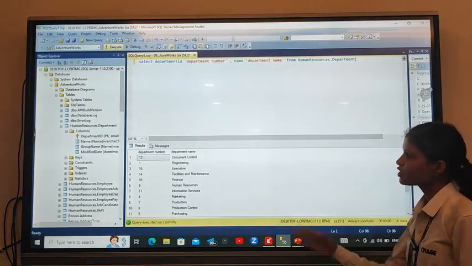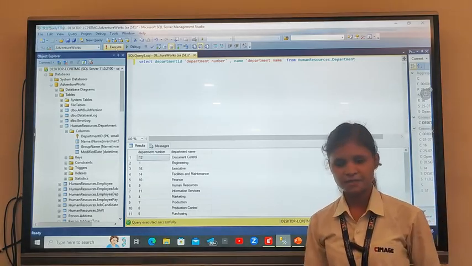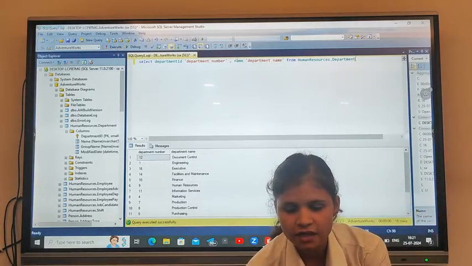So here is the output of the second way of customizing the display.